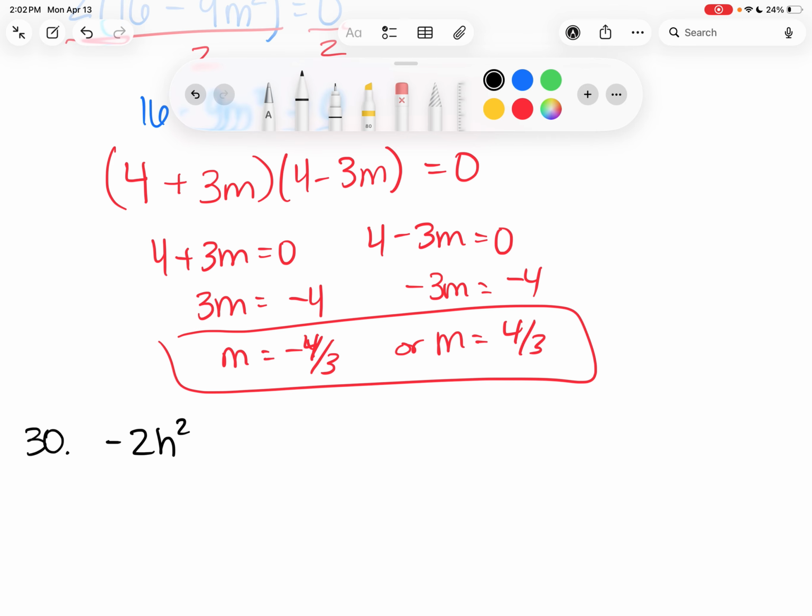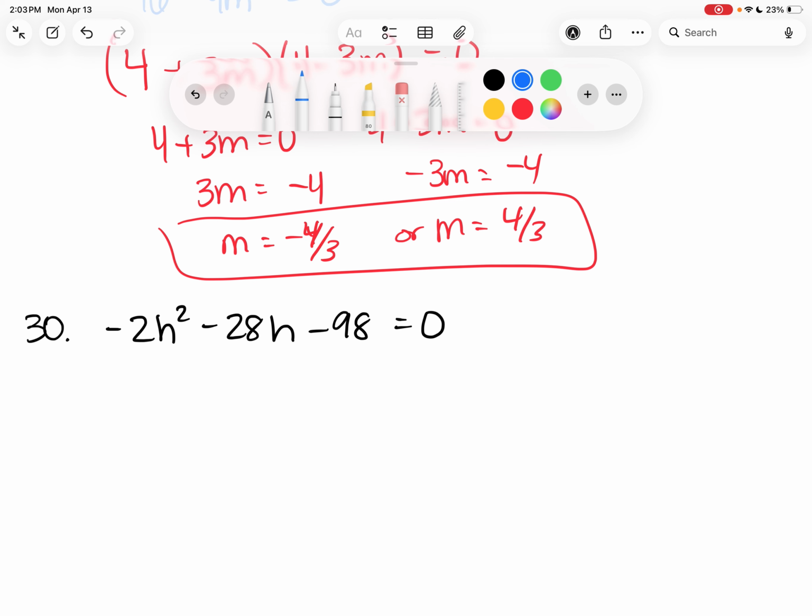Negative 2h squared minus 28h minus 98 equals 0. Is this a perfect square trinomial? It's not, because you can't do the 2 or the 98. You should divide by 2. Take out a 2. I think we'll take out a negative 2. What does that leave me with? H squared minus